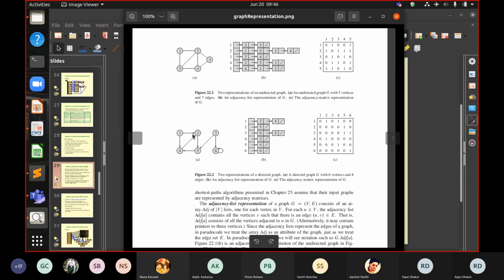Here it is represented by the out edges, only the destinations are here. So 1 is the source, 2 and 4 are the destinations. 2 is the source, 5 is the destination, right? 3 is the source, 6 and 5 are destinations. 4 is the source and 2 is the destination. Similarly, 5 is the source, 4 is the destination, 6 is the source, and 6 is also the destination. It is self-referential, an edge assigned to itself. So you can see the distinction between these two, right?